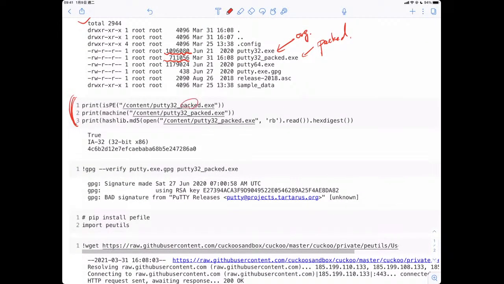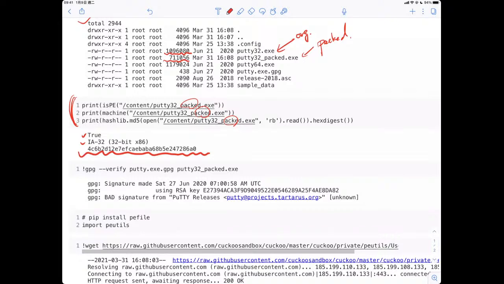Let's take a look at this packed file using the PE package. It says that after packing, it is still a PE file, still a 32-bit x86 architecture executable. But after packing, as we mentioned before, since the size is different, the bytes are different.